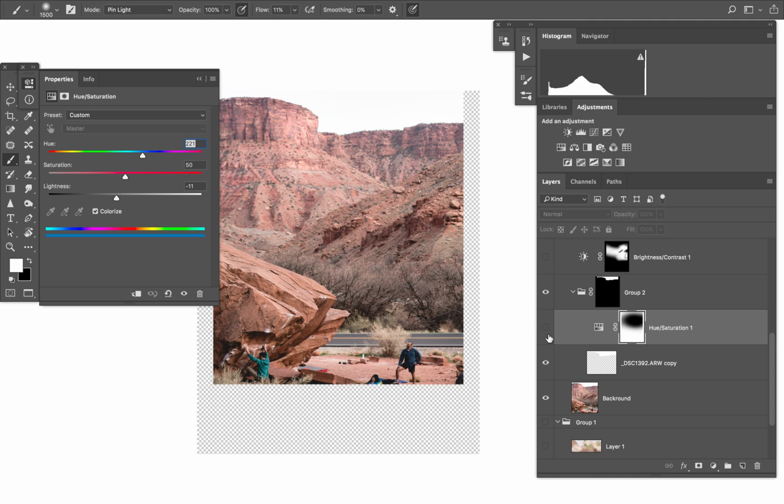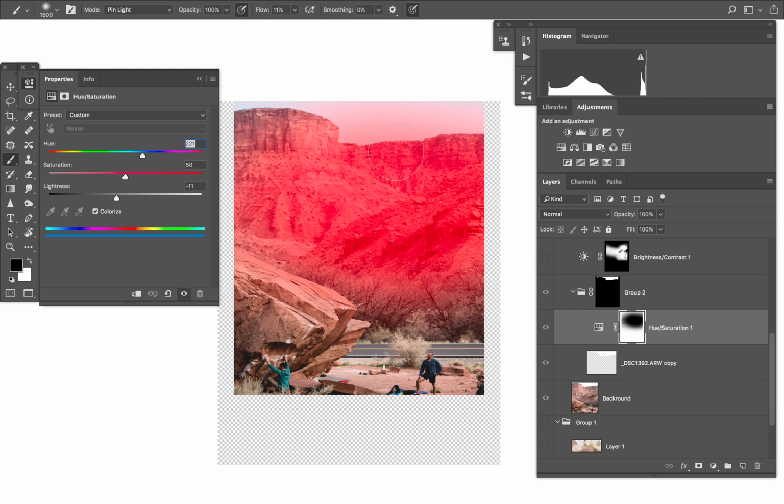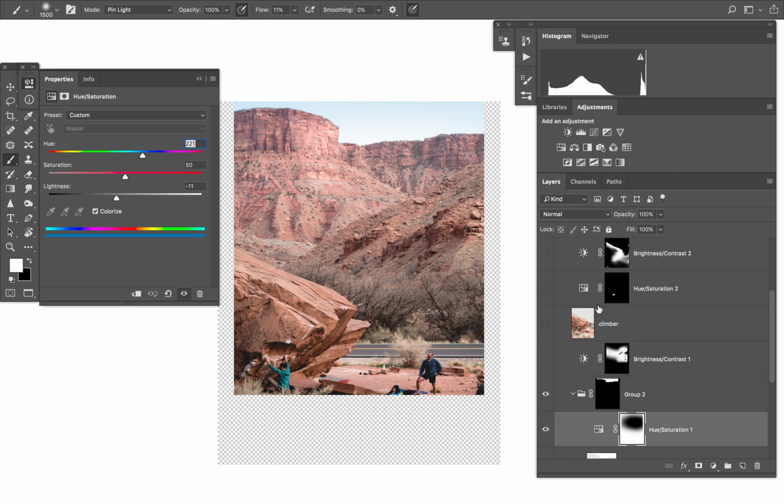And then in my hue saturation, you can see I have this colorize box checked, and I'm making it blue, so you can see when I reveal that, I made my sky blue. And then you can see where my layer mask is in this, and it's actually just fading the sky in to make it look a bit more realistic. So then as we keep going,